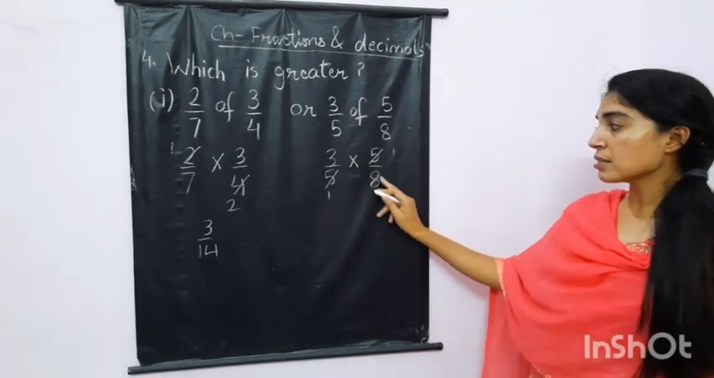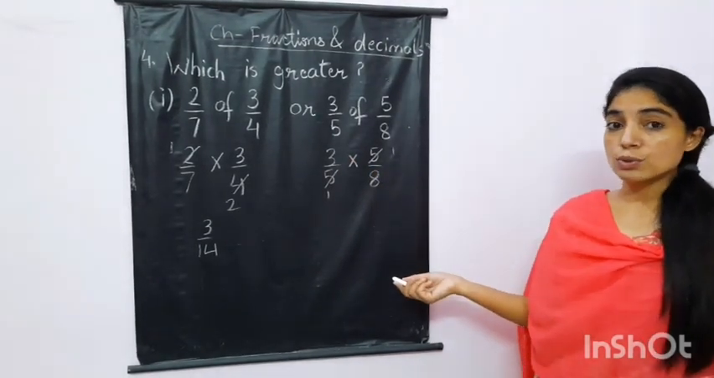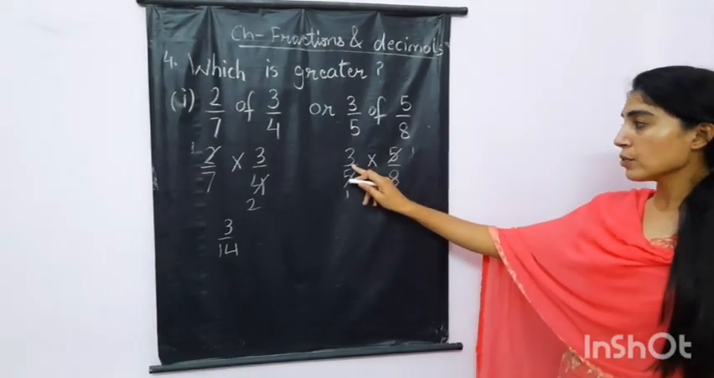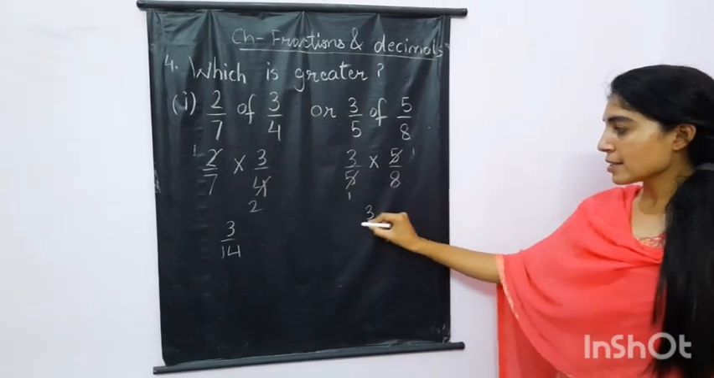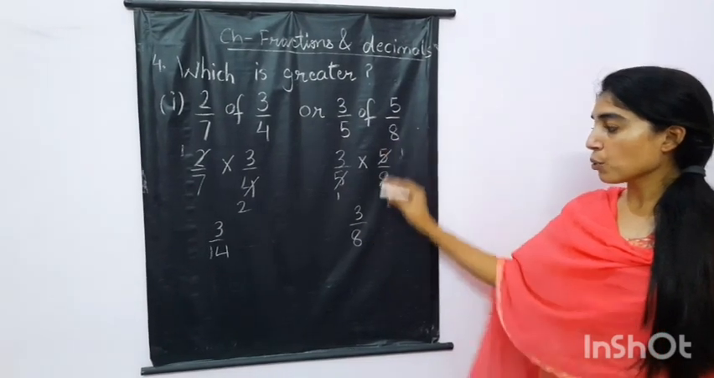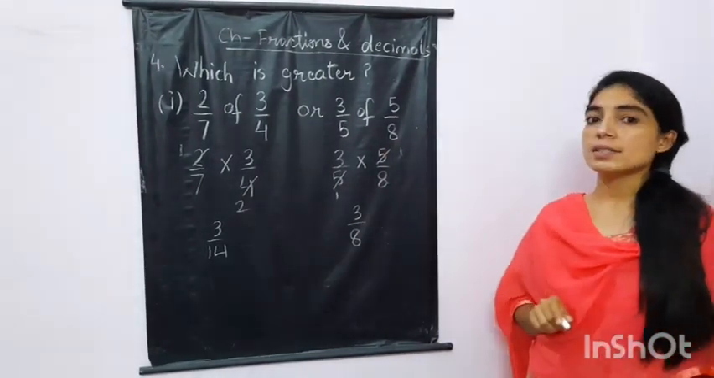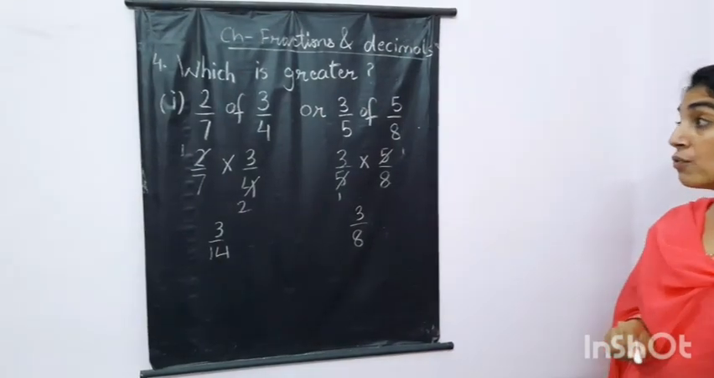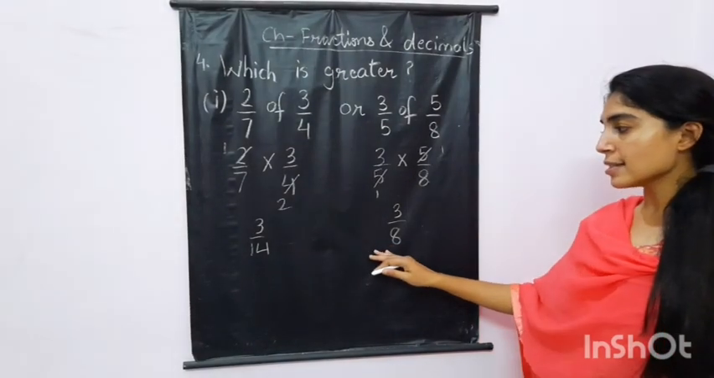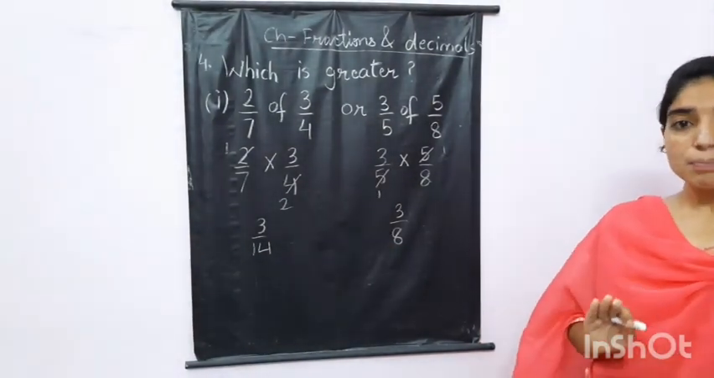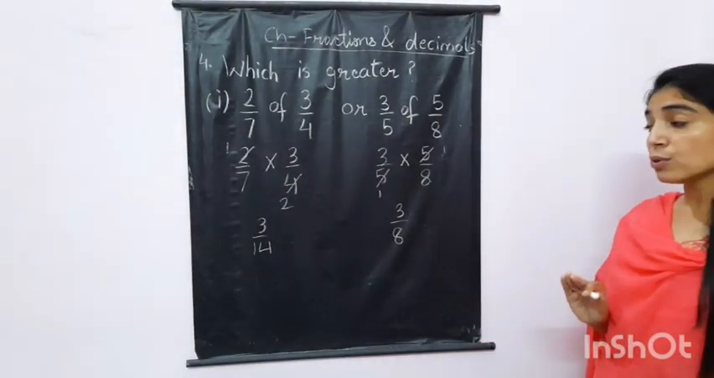Now we are left with 3 and 8. 3 and 8, no, we cannot cancel. So what will we be left with? 3 ones are 3 and 8 ones are 8. So now we have got two simple fractions, but we have to tell which is greater. To tell which fraction is greater, I will teach you a very simple method,